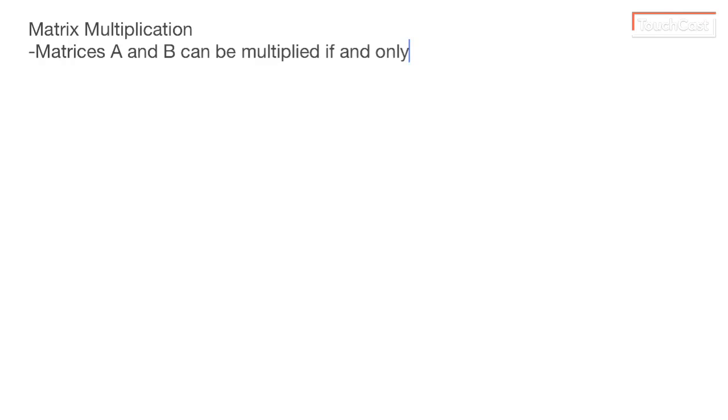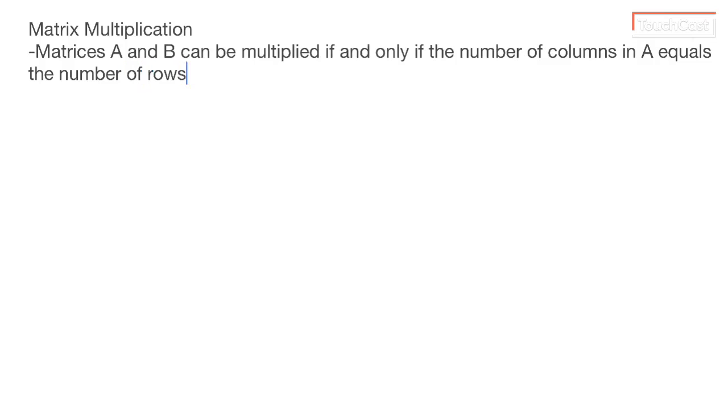if and only if the number of columns in A equals the number of rows in B. Also, we say if matrix A